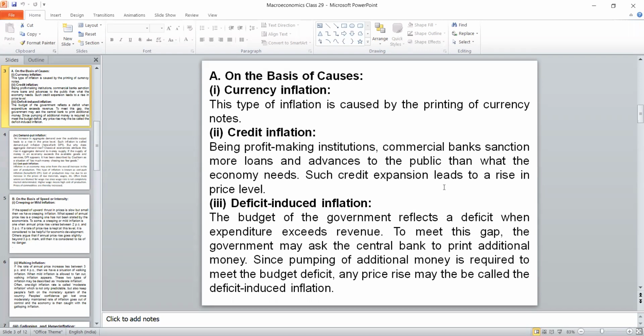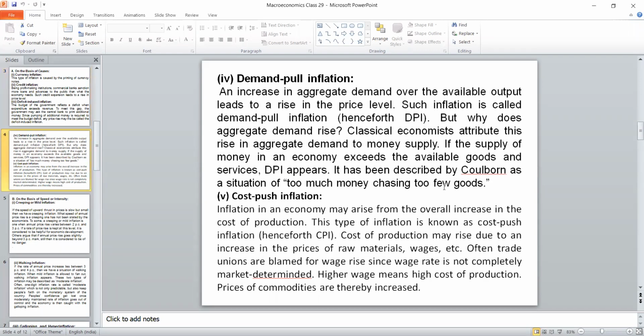These are all the common types, but the main types are these two. When there is a heavy demand, definitely the price will go up. This type of inflation, we used to call it demand pull inflation. One more thing, because the cost of production is more and the material cost is more, and we incur